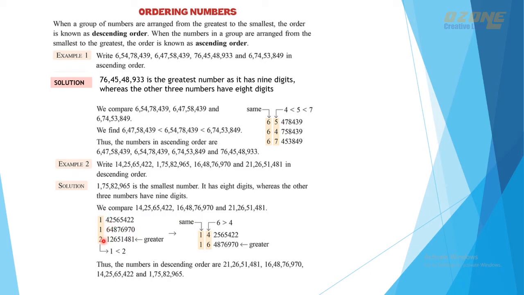So the number which contains 2 in the first place will be the greatest number. And comparing the other 2 numbers, we can see that the first place is the same and in the second place, one is 6 and the other is 4. So the number which contains 6 in the second place will be the second greatest number. So while arranging the numbers, we will arrange the greatest one first, the second greatest, and then the next, and last the smallest number.